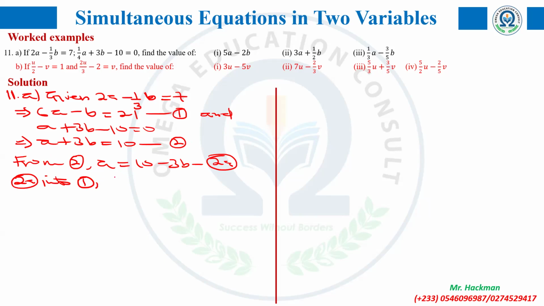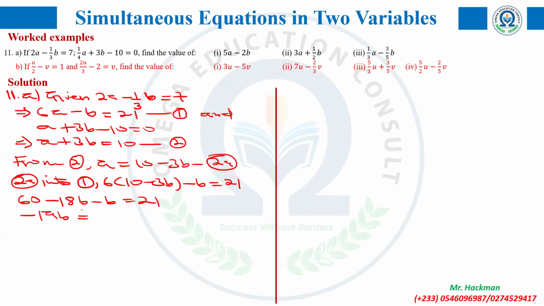So that gives you 6 into A, and A is 10 minus 3b, and minus b is equal to what? 21. So what am I going to get? This time this will give me 60. So 60, this time this will give me minus 18b. Minus b is equal to 21. So that in effect is going to give us what? This and this will give us minus 19b